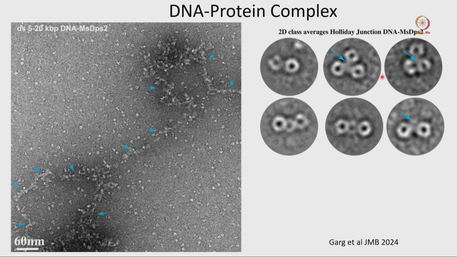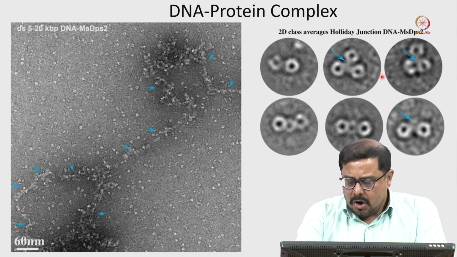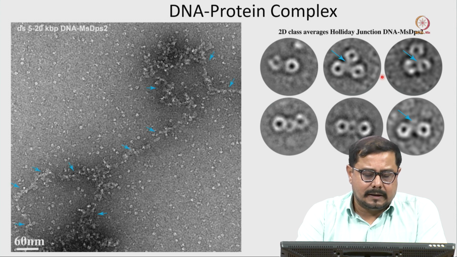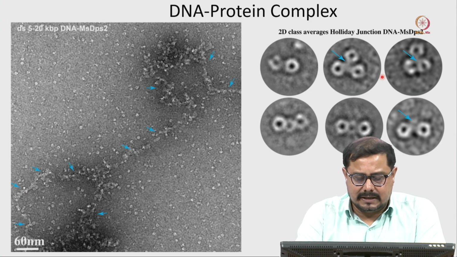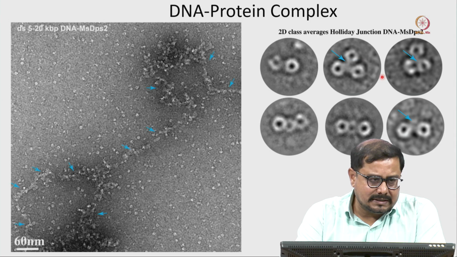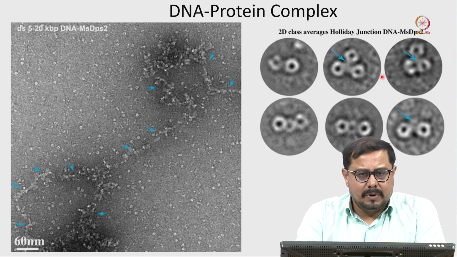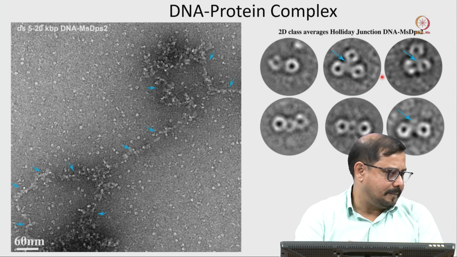Now, this is all about our lipid protein interaction and DNA protein interaction. There are many other examples possible, but we cannot cover each and every example of RNA protein, DNA protein and lipid protein interactions. So here are some examples that will help you understand how DNA protein or RNA protein interactions are happening.